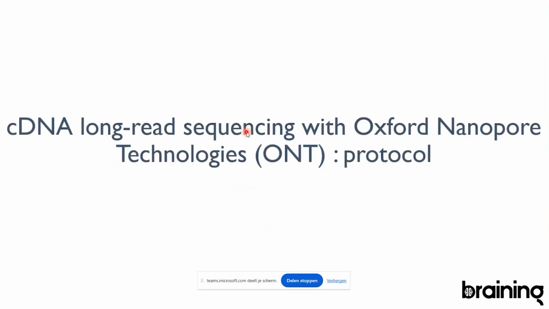Good. So then, if there are no questions, we can move to the last part, and that would be the protocol. So I will outline very quickly the conceptual steps of the protocol. So what I do, for example, is I want to look at splicing, and so I will use copy DNA with a reverse transcriptase with Oxford Nanopore technology, so with Nanopore. And so I will specifically go with you through a protocol where we can do this.